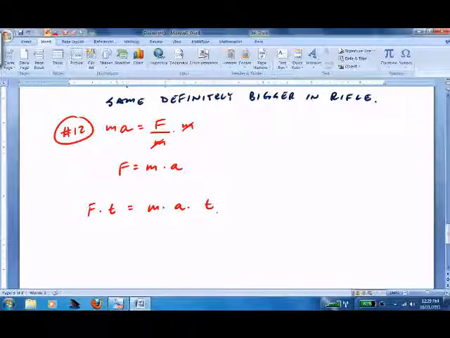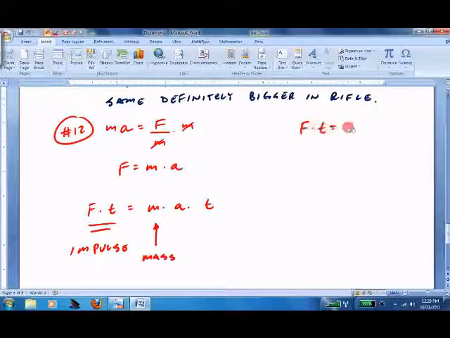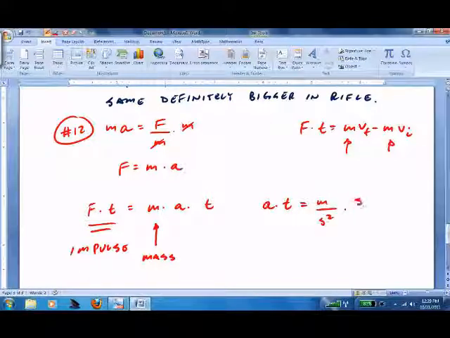And all I can do is with the units now. That's an impulse. Masses in the equation, F dot T equals M times V final minus M times V initial. So the mass is still here. And A times T, if we just do the units, meters per second squared times second, we'd cancel the S, and we'd get meters per second, so it equals velocity. So you could look at it from that way. Change in velocity is going to be just like an impulse change. I wouldn't worry about that one too much, but it is kind of interesting to see how everything ties